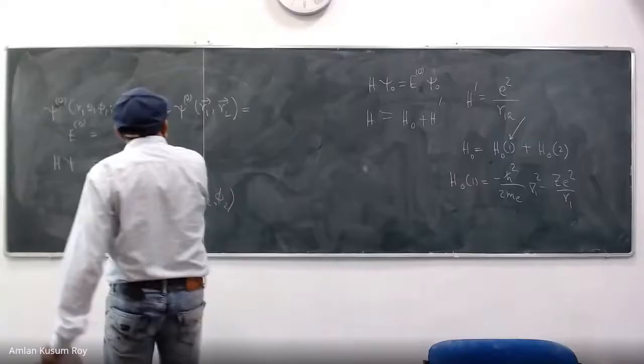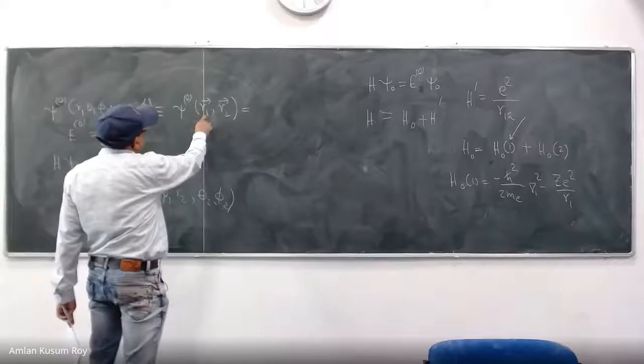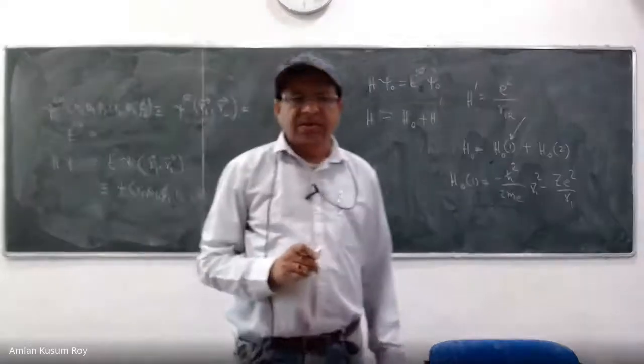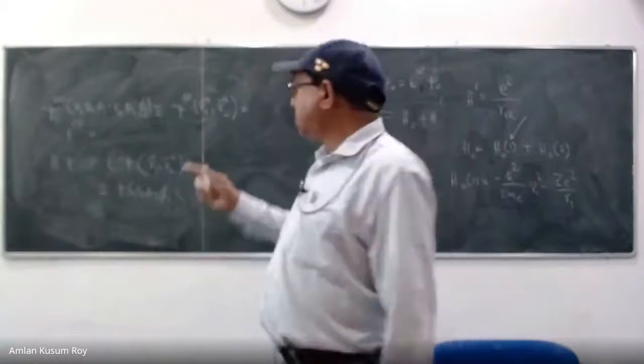Sir, the H01 will be the hydrogen atom, the hydrogen atom wave function. And for r1 we get a hydrogen atom wave function, and for r2 also, I mean H01 and H02 both. R1 means this r1? Yes, sir. R1 is the independent variable, right? Why do you worry about r1? R1 is the radius, right? So the hydrogen atom wave function, that is right.